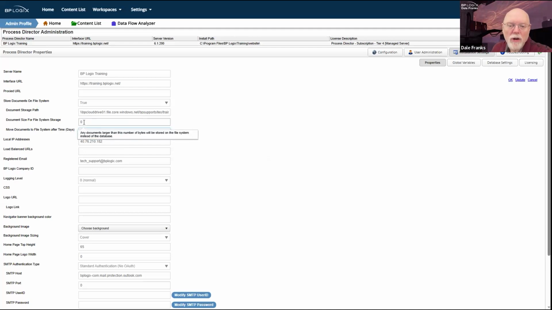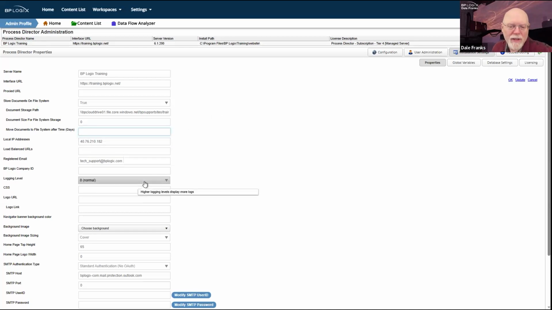This is largely for large files like video files, or if I want to keep them local, perhaps for quicker access for n number of days, and then I want them moved over into the file system after that time. So I can just specify the number of days. But as I said, since this is set to 0, everything is automatically going to the file system anyway. So it makes this essentially non-functional with the configuration that I have.